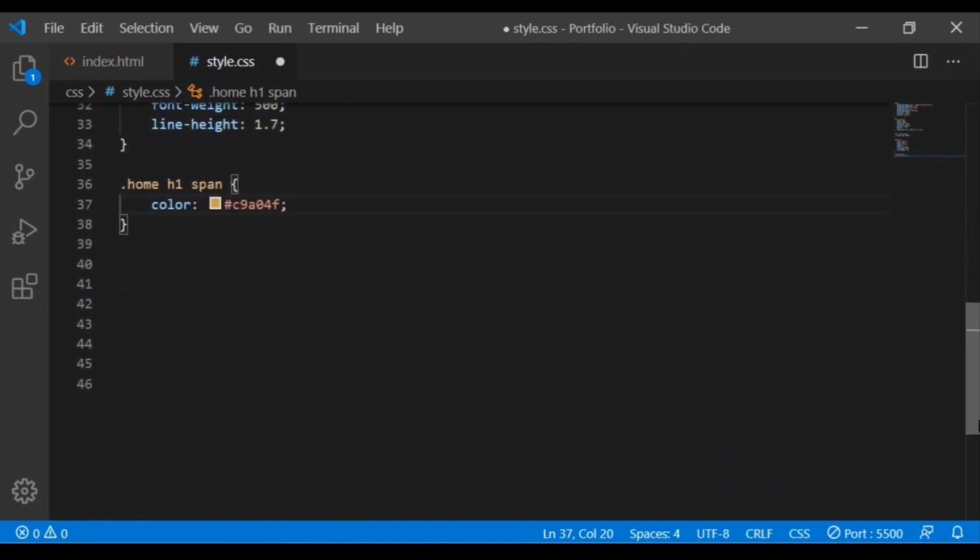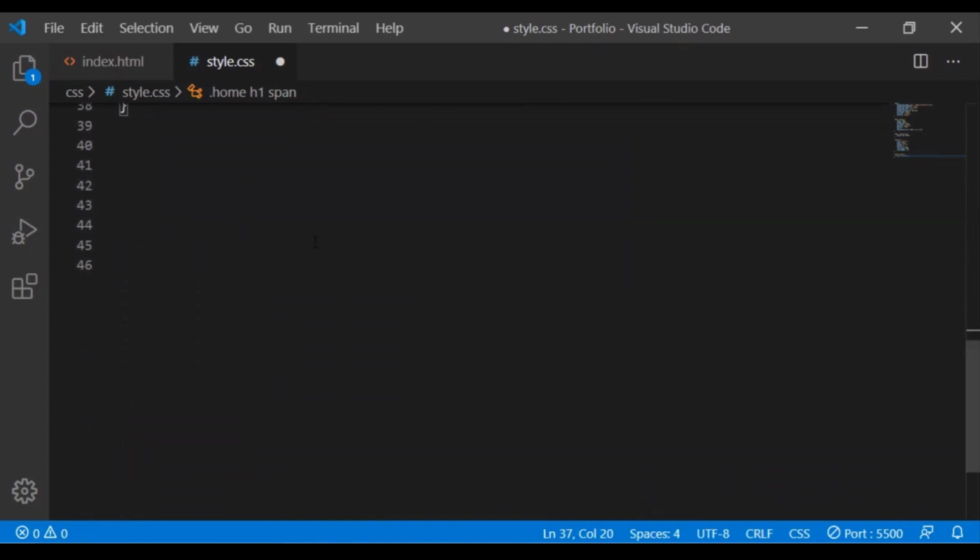Next, we will target the header 2 tag within our home section. This is where we will include our typed text via jQuery. Set its color to white. Set its display property to block.